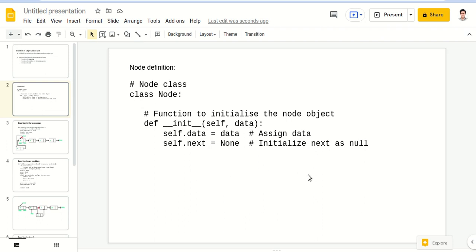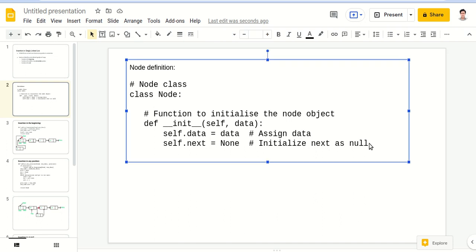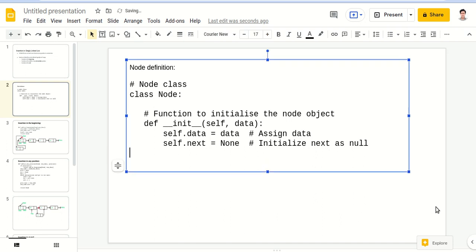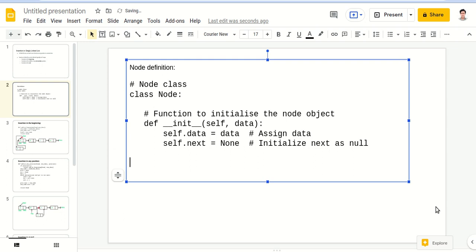So wherever I write new node is equal to Node and the value which we are passing, it will store it as the data. This is how we'll declare a node.